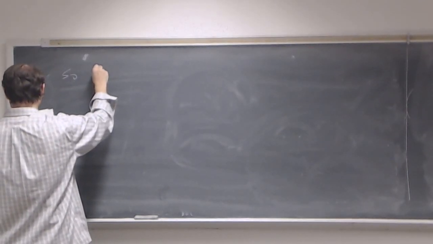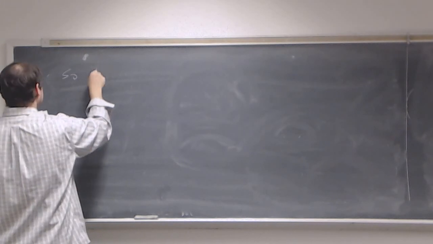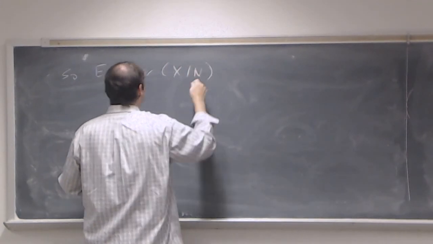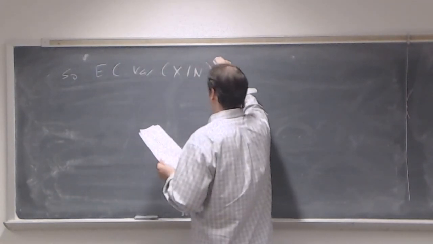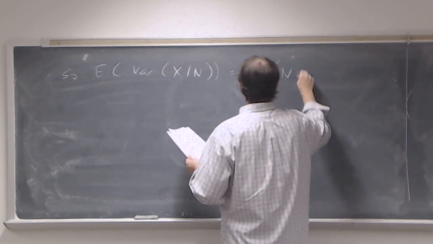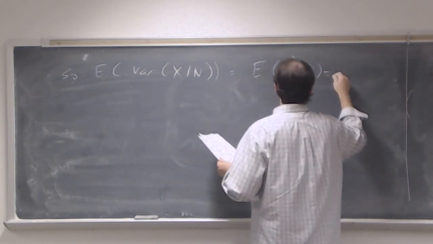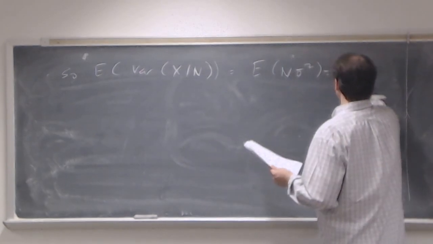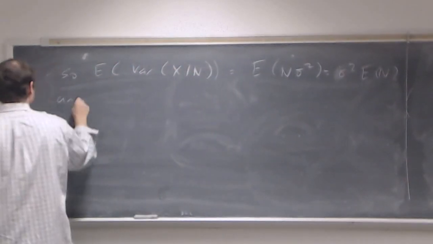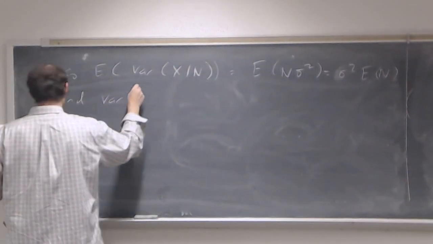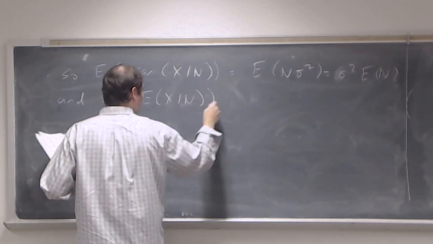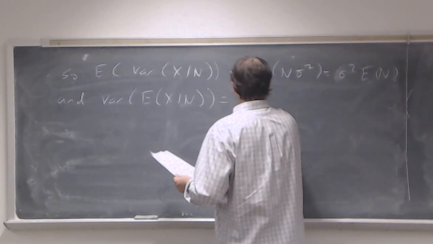So here's what we came up with. The expected value of the variance of X given N. This is part of what was in our formula. This is equal to the expected value of N times sigma squared, which equals sigma squared times the expected value of N. And the variance of the conditional expected value of X given N. Okay. This part we just found,